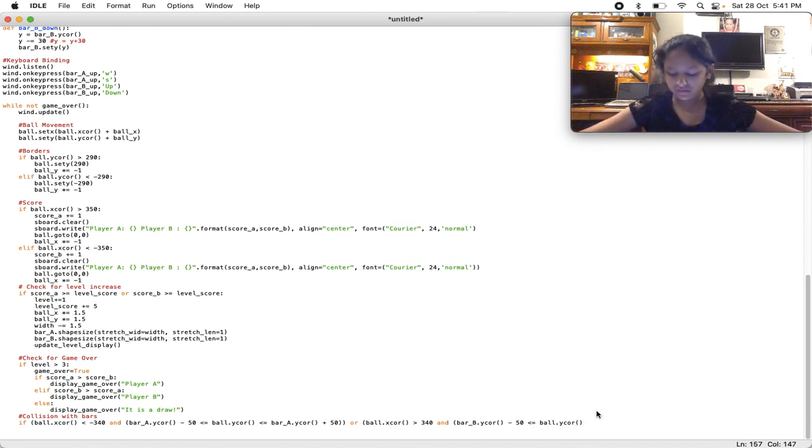And what is it supposed to be? One second. Right. So ball dot y core, smaller than or equal to bar B dot y core plus 50,